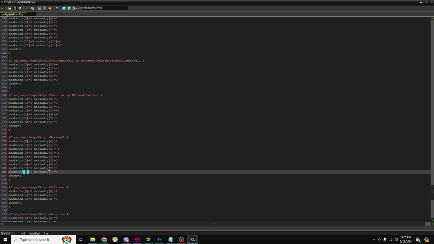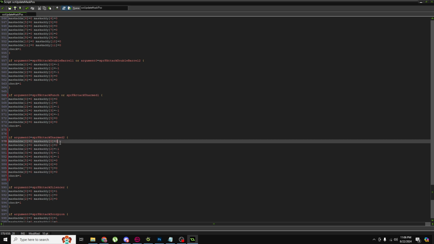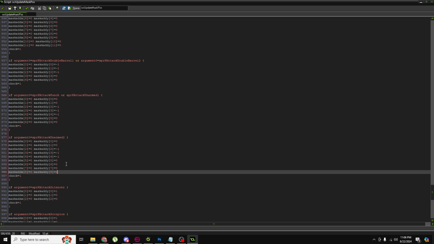And change this to 8. And then you would just need to play around with the values. It's going to be a lot of trial and error, so you'll just need to play around with the values until the mask updates correctly, and it's not just